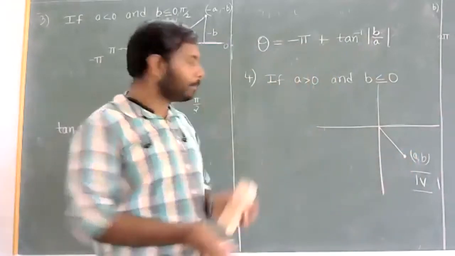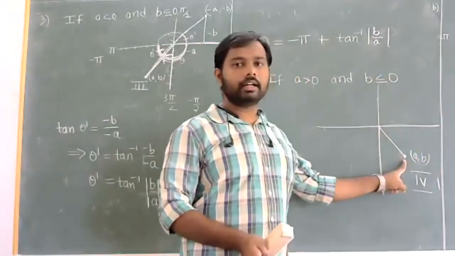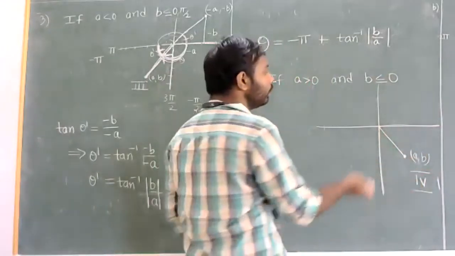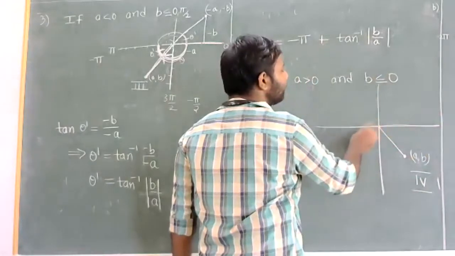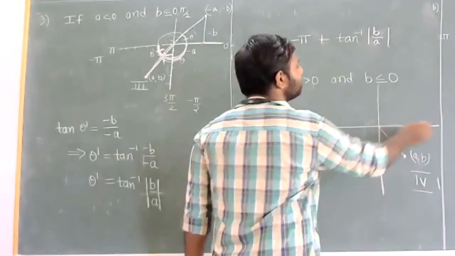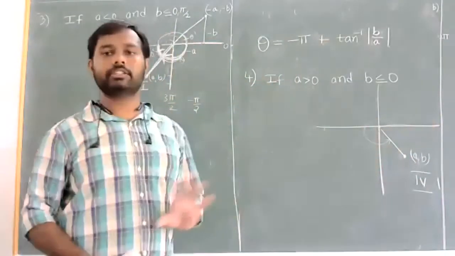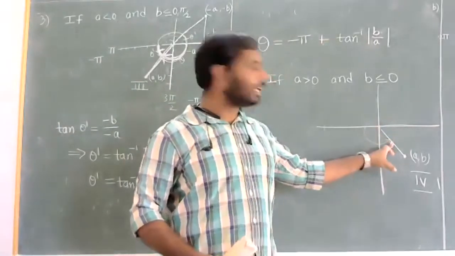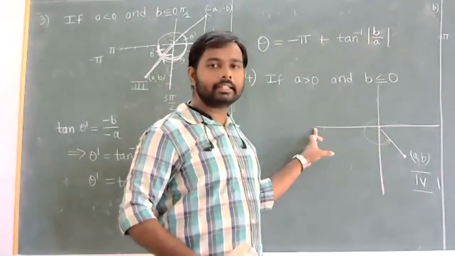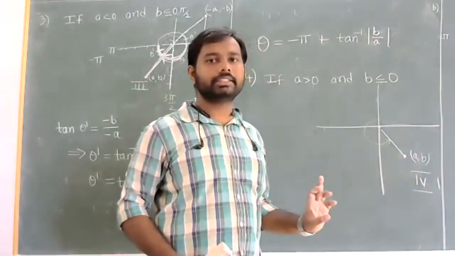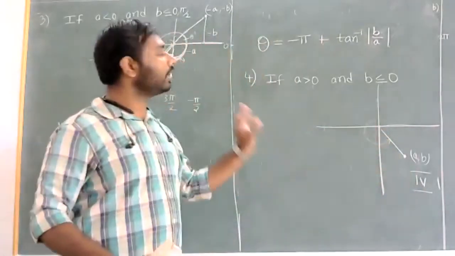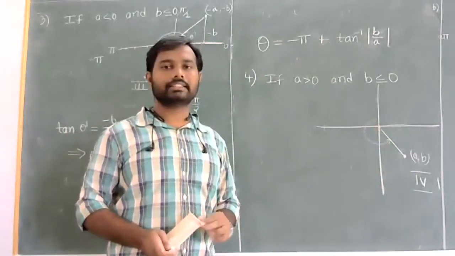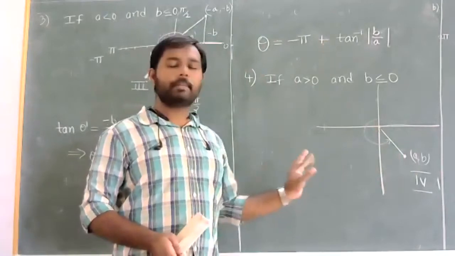Now once again, this is the line joining the origin and the point (A, B). The angle subtended by this line with respect to the positive real axis gives the argument value. But if you measure it in the anti-clockwise direction, it obviously exceeds pi. That is not the required principal value, so if you measure it anti-clockwise, you will not get the required principal value.